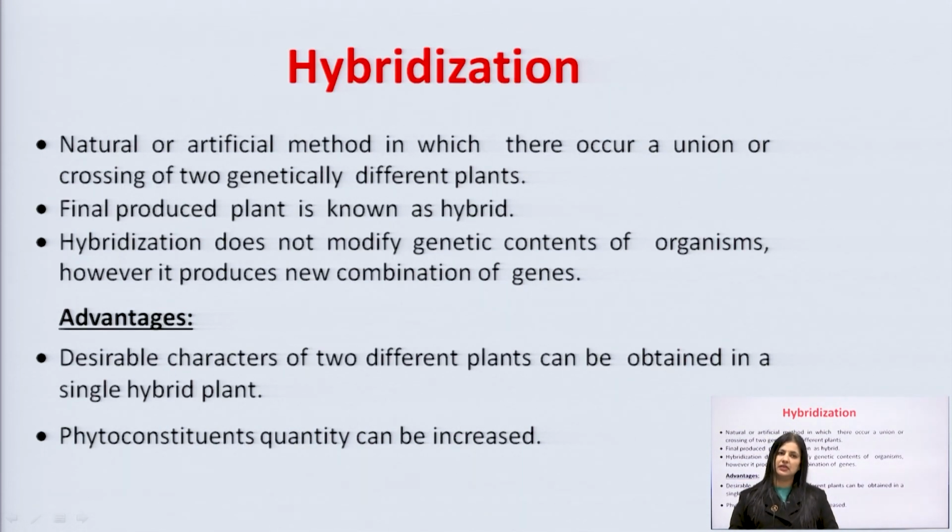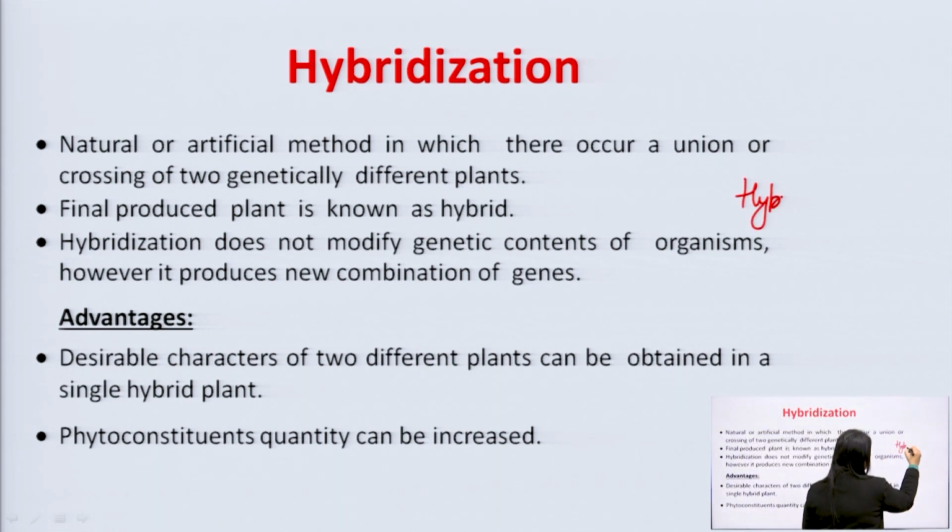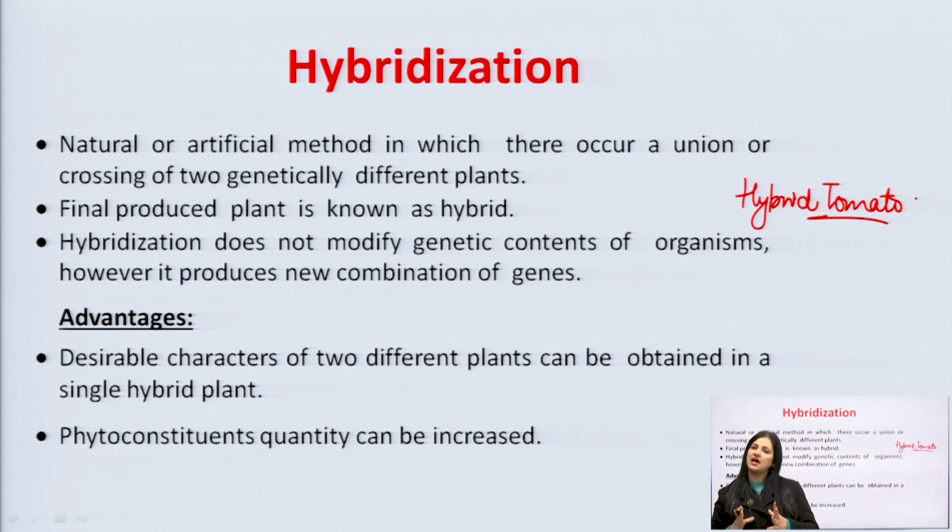hybridization. Hybridization is what you have always heard of, that you get a hybrid tomato, right? आपने देखा होगा आजकल टमाटो सारे के सारे रेड होते हैं. इज़ इट पॉसिबल कि सबके अंदर ल्यूटिन इतना ज़्यादा हो कि सारे टमाटो रेड होते हैं? नो. This has come by the technique of hybridization.